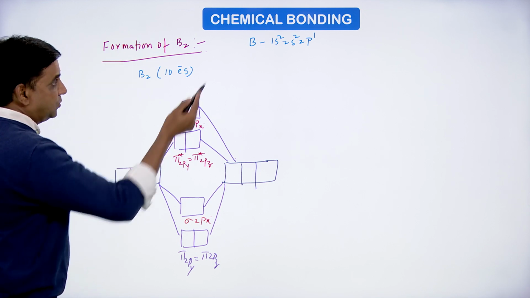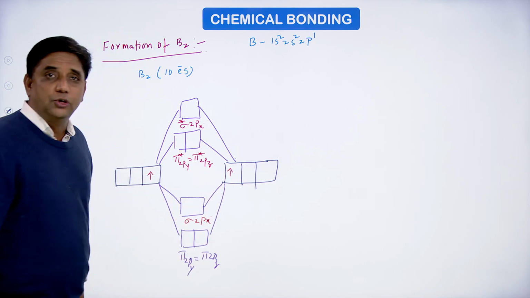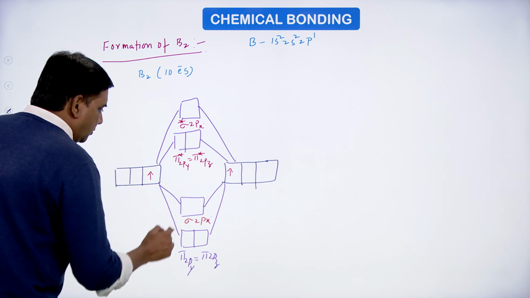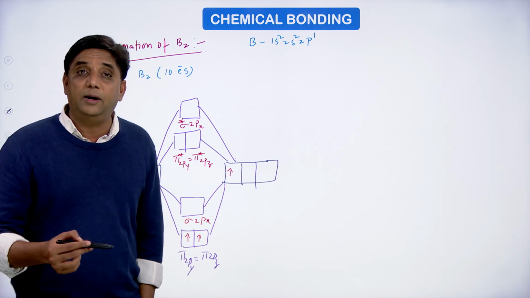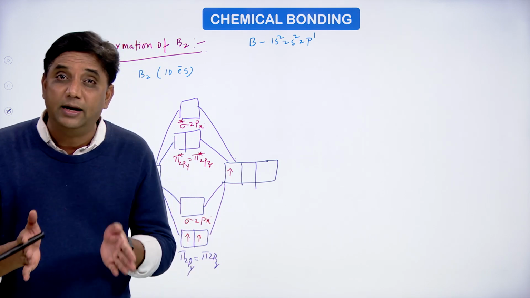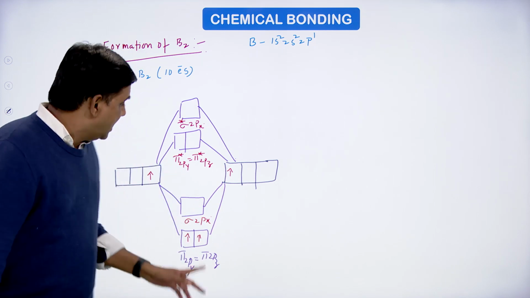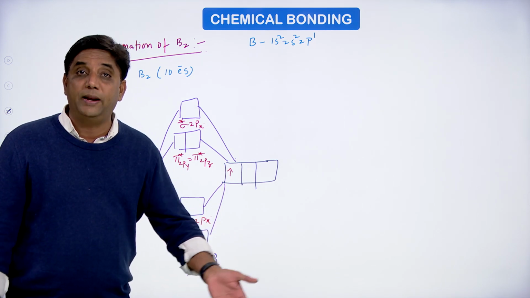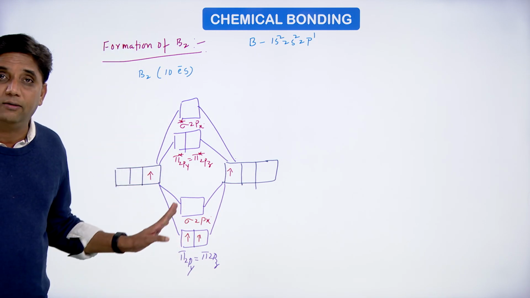And here students, one electron in each one. This is one electron, this is one electron. So total how many electrons? 2 electrons. So here the 2 electrons must be half filled, because molecular orbitals also follow Hund's rule. According to Hund's rule, if similar energy orbitals are there, they must be half filled before pairing takes place. As these two orbitals are identical in energy, they must be half filled before pairing takes place. So one electron here, one electron here, and the remaining do not have any electrons.